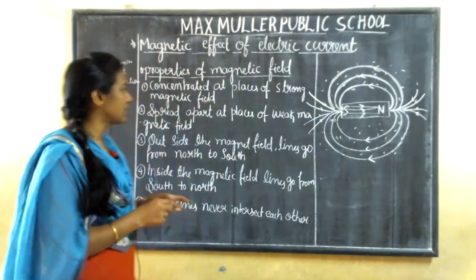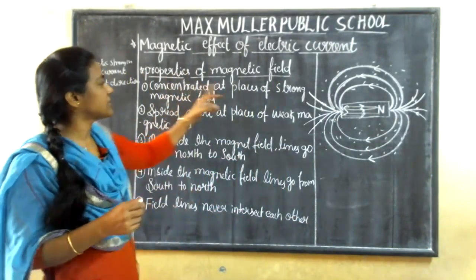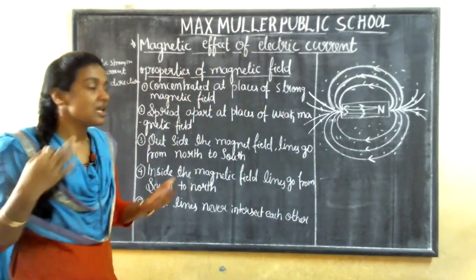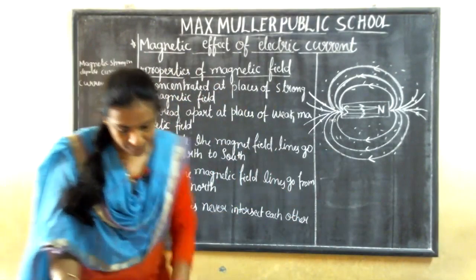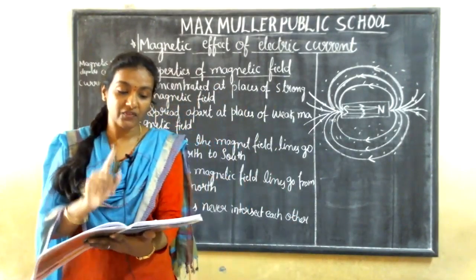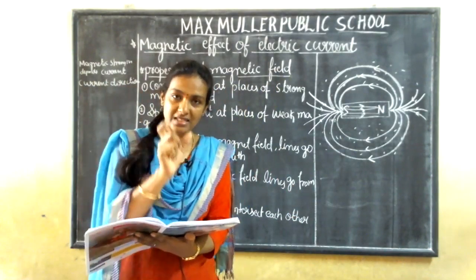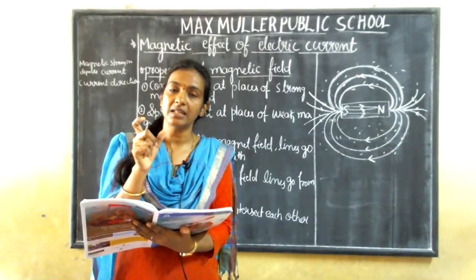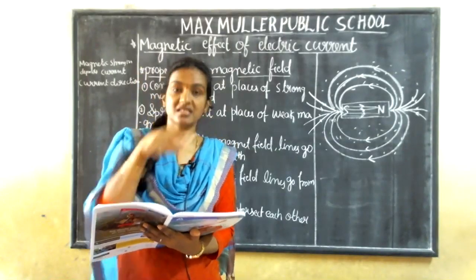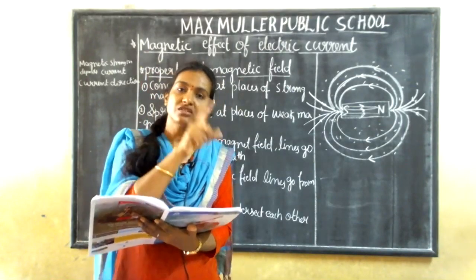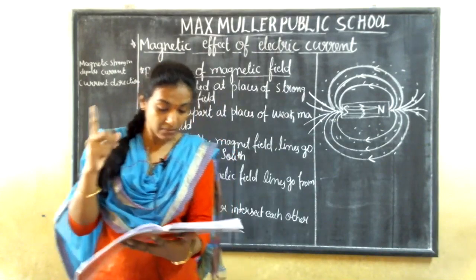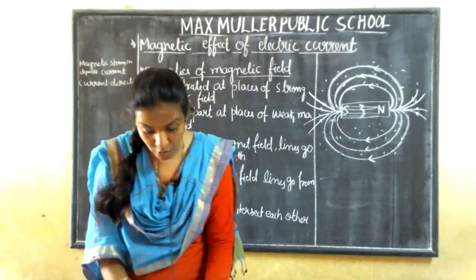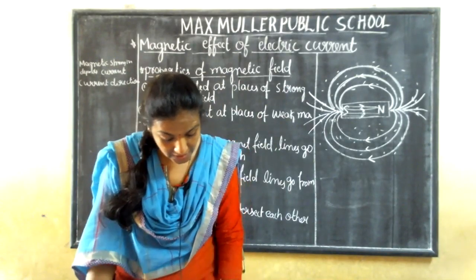Definitely you will get one question among all this. They may ask you to write the properties of a magnetic field for 2 marks. If not, they are going to give you objective questions, like, what is the direction of magnetic field lines outside a bar magnet? It is from north to south. Inside the magnet, south to north. Any questions you may get from this. Clear, children? Yeah, this is about the properties of a magnetic field.